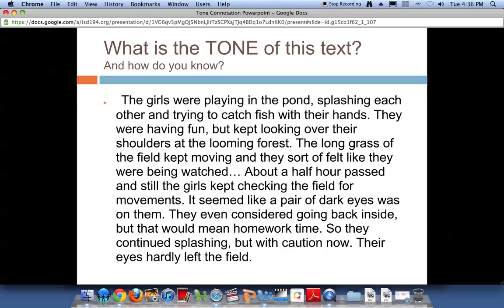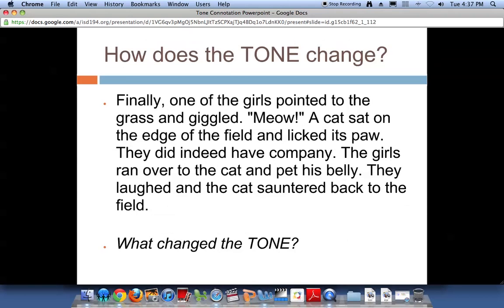You can see that the author has gone to great lengths to create a sense of suspense, and maybe even danger lurking in the forest. We can see words like looming and dark eyes. These help create this very foreboding tone. Let's move on and see the rest of the passage and see how things shape out.